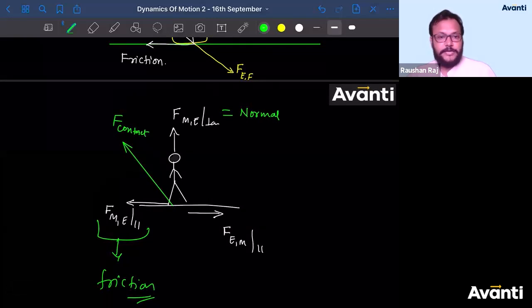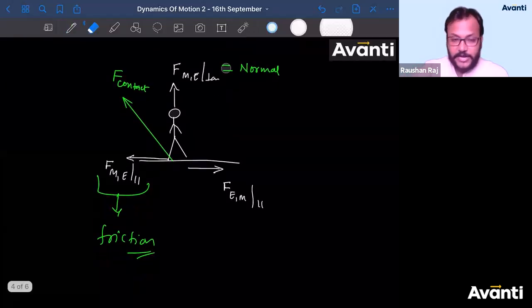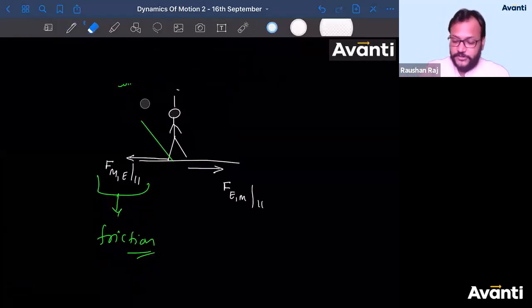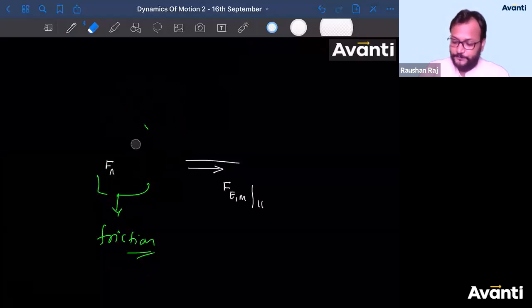No, Newton's third law applies to all forms of forces, not only constant force. It applies everywhere. Even in contact force, gravitational force, electrostatic force, magnetic force, whatever type of force you assume, Newton's third law is applicable everywhere, whether there is a contact force or non-contact force. Okay, guys. So I'm erasing this diagram here, and I'm expecting that you must have understood the meaning of contact force and normal force. Okay.